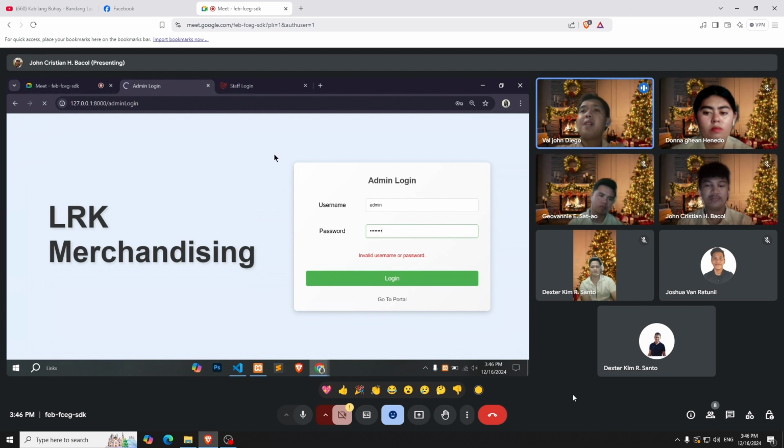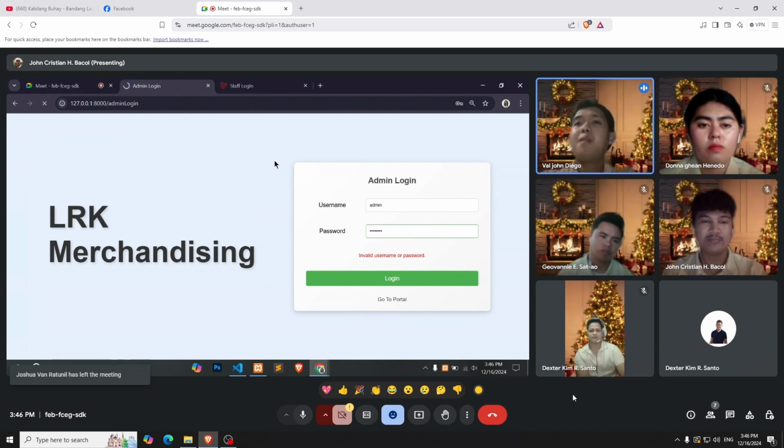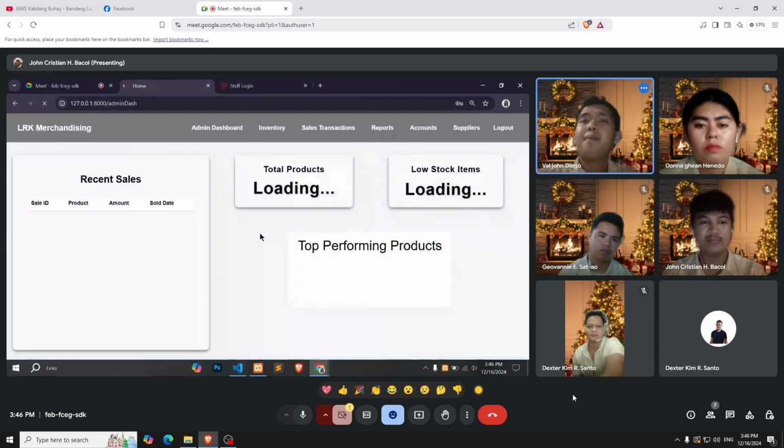Then provide invalid or incorrect credentials and submit the login form. Then ensure that the error message "invalid username or password" is displayed appropriately.